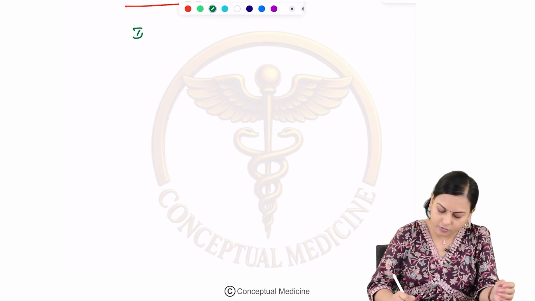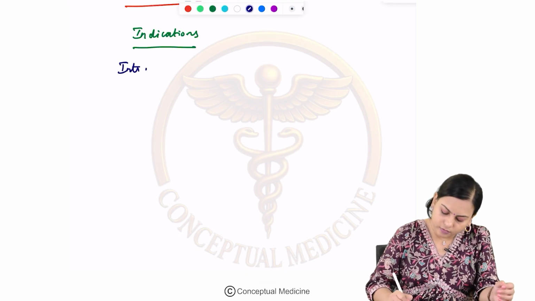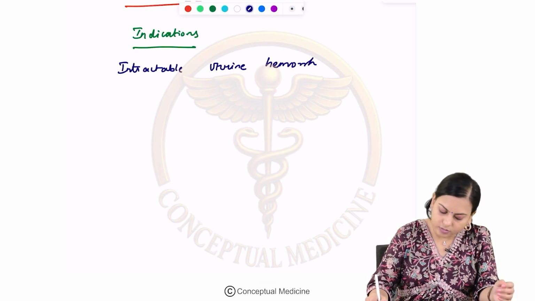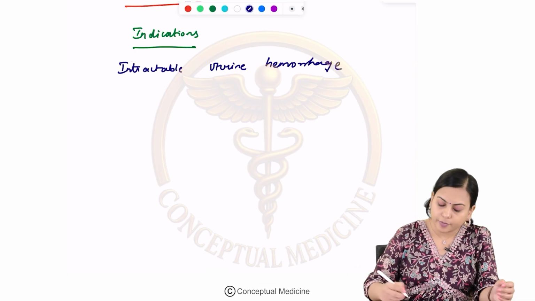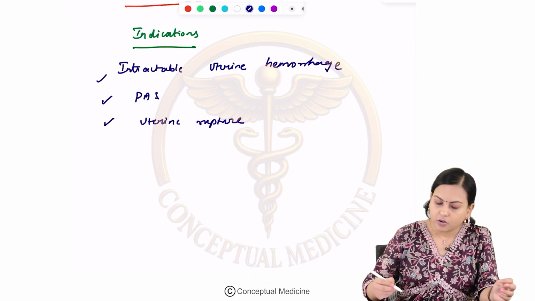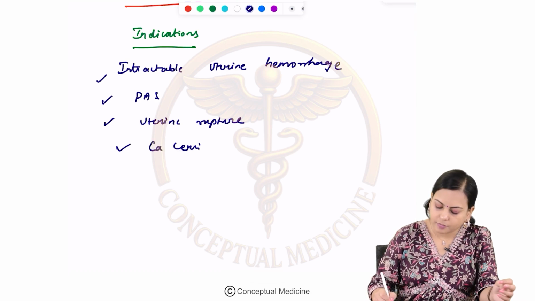Indications include intractable uterine hemorrhage that cannot be controlled by conservative methods, placenta accreta spectrum, uterine rupture,